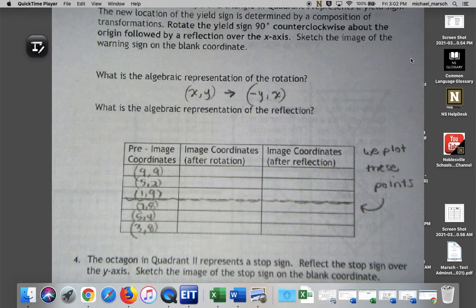You're fine. Thank you. Are there any negatives? No, because this is all in quadrant 1. In quadrant 1 it's going to be just positives. Okay, so when I rotate it, here's my